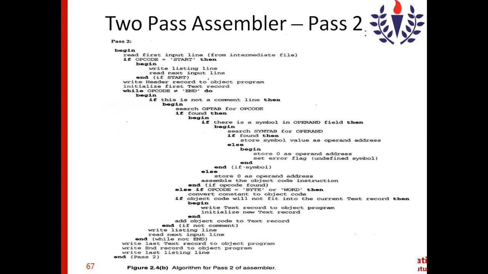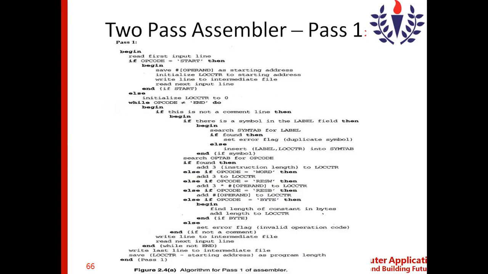If you look at the pass1 algorithm, there are certain points which need to be understood. Basically, pass one of a 2-pass assembler processes the source program and assigns addresses to all the statements in the program. This is a major function which needs to be carried out by the assembler. So in order to assign the address for each and every statement in the program, the assembler should know what the starting address is.